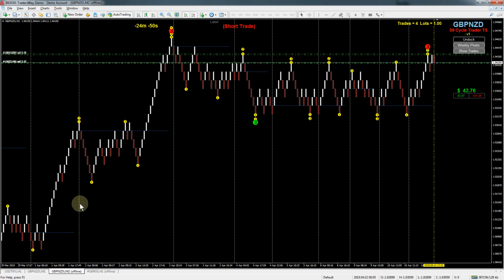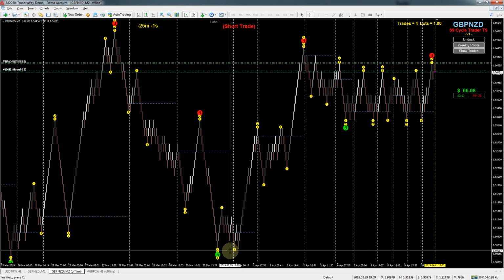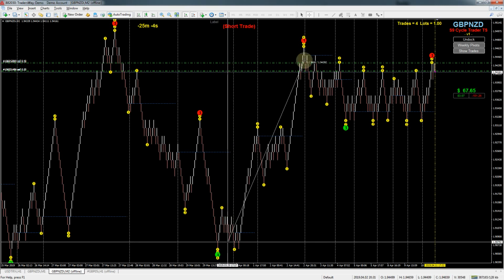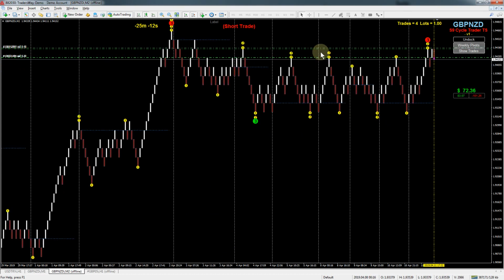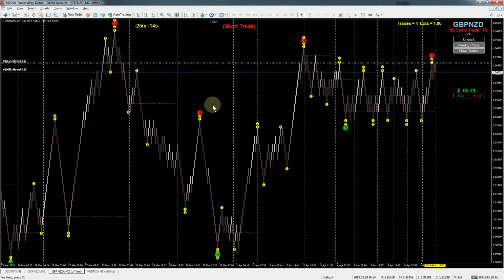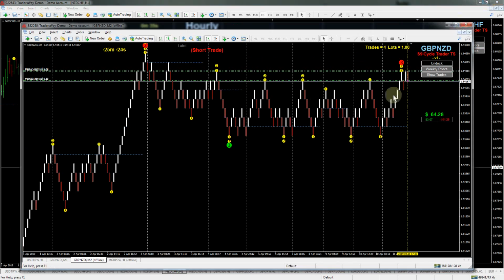It would have been nice to get back in over here. Let's see here once. Here's the 3-ball. If we would have got in down here, depending on where you get in, up to there, that's, what's that, 2 days? A little over 2 days, 388 pips on 2 days. But it's just strange. Oh, now all of a sudden we're moving sideways here, so we'll see what happens. I'll just let it run here. It's up 64 pips already